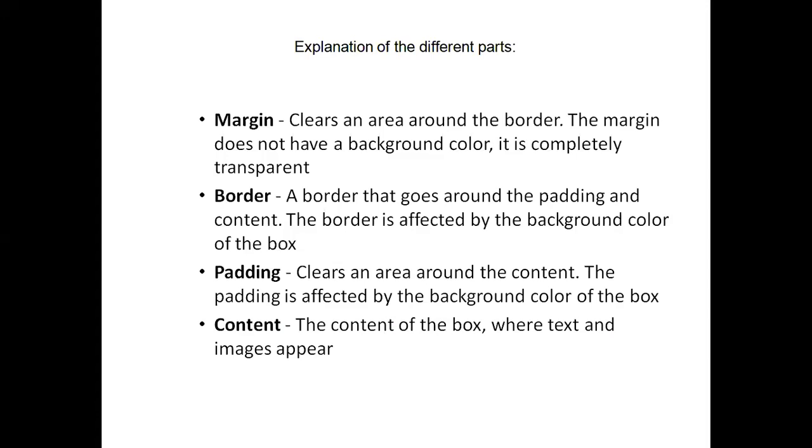So padding means it will leave some area, and after leaving that blank area, we are going to place the actual content, whatever the designing contents are. So margin, border, and padding. Then the content of the box, where the body text, the images, whatever the contents for that particular web page will be placed. So the four components of this box model are the margin, border, padding, and content.